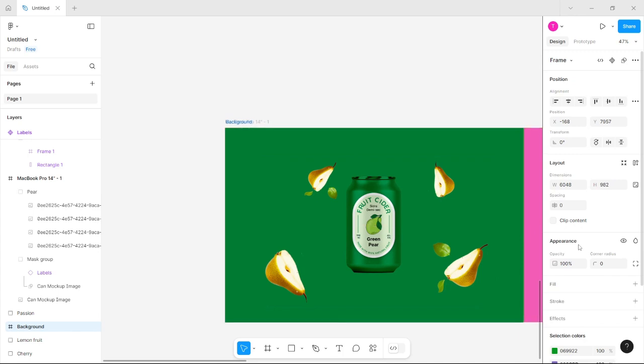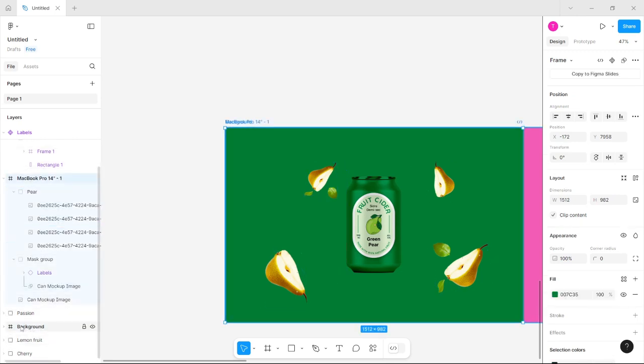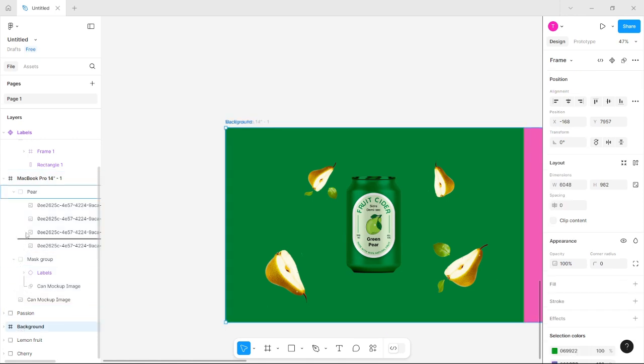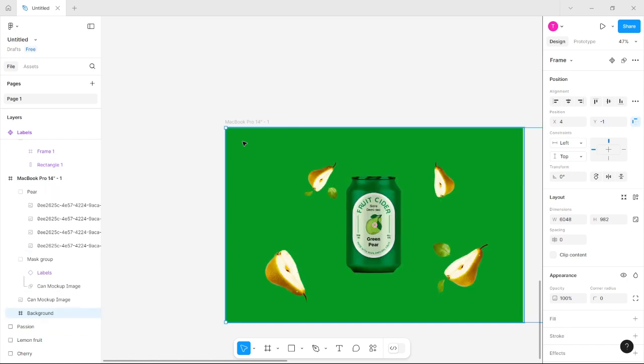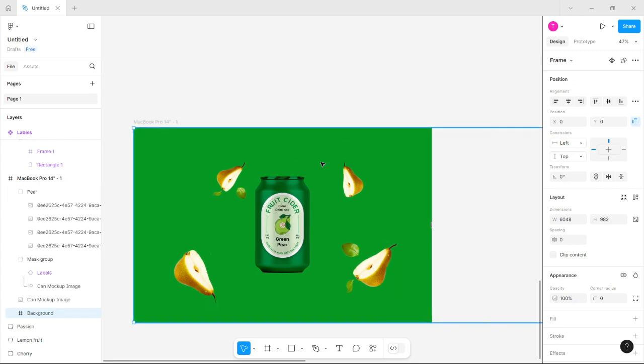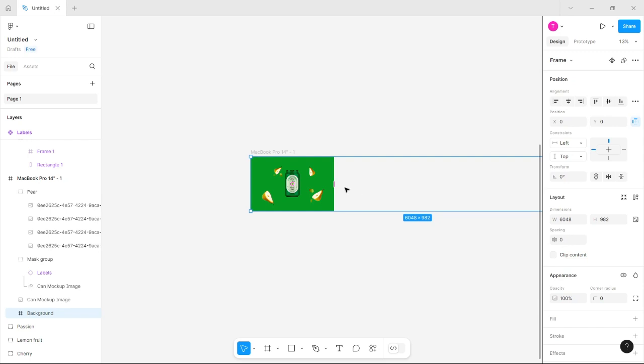Make sure that your frame is in the main frame, and then put it to the back. Make sure that it's inside. Yeah, so when it's placed properly, then